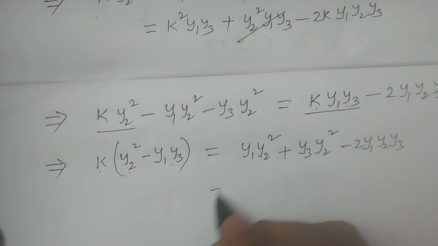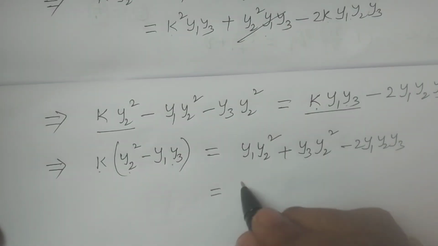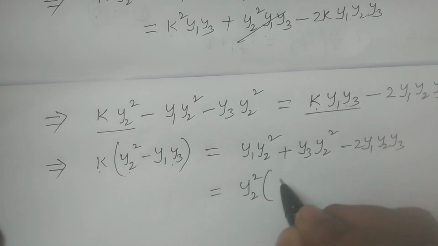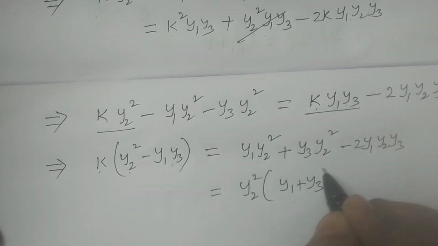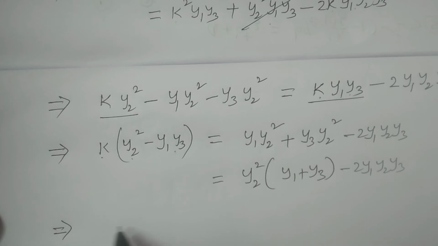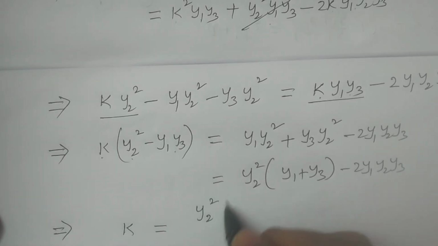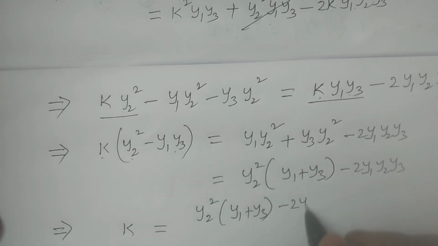Taking y2 square common, it is y2 square (y1 plus y3) minus 2 y1 y2 y3. Therefore k is equal to y2 square into (y1 plus y3) minus 2 y1 y2 y3